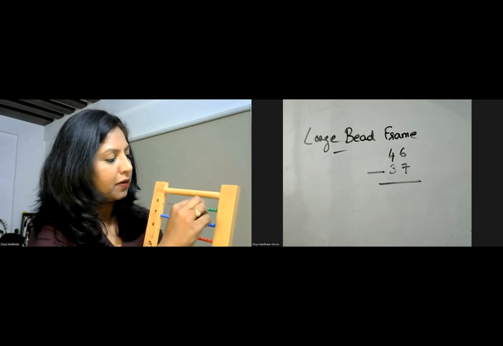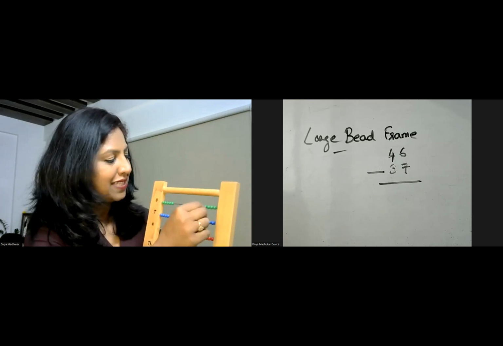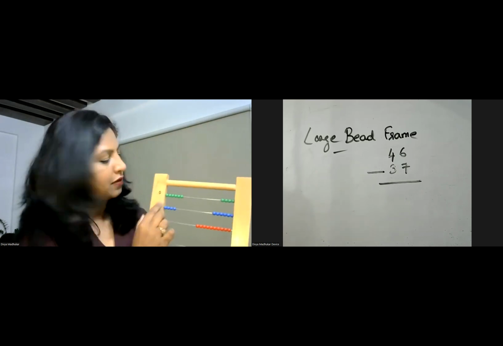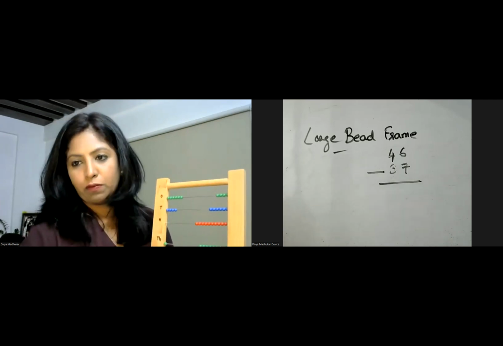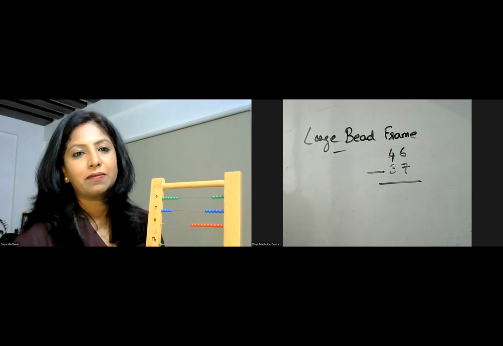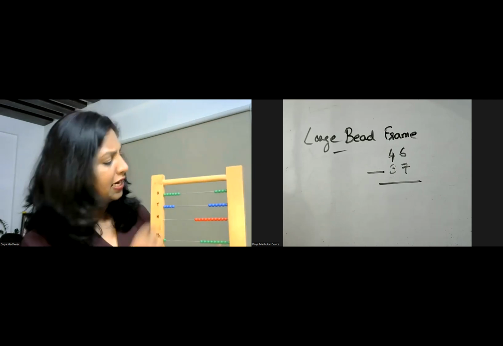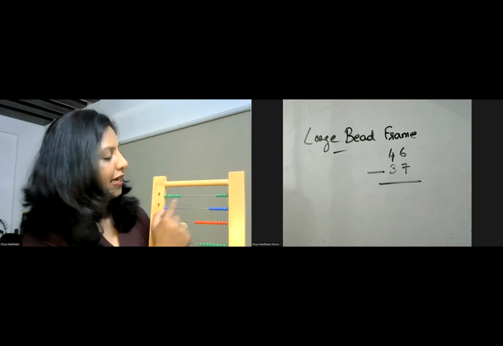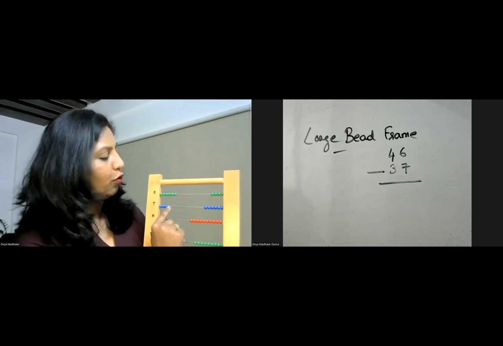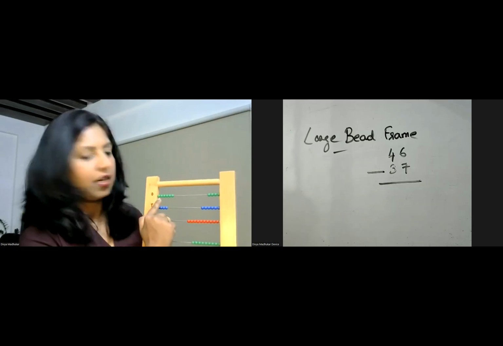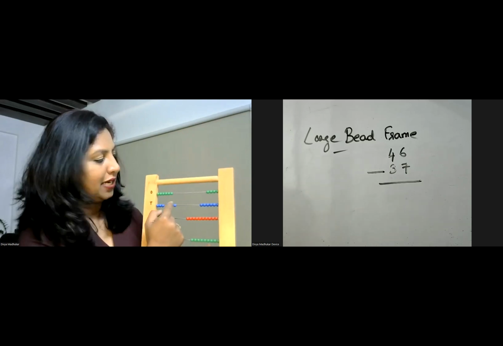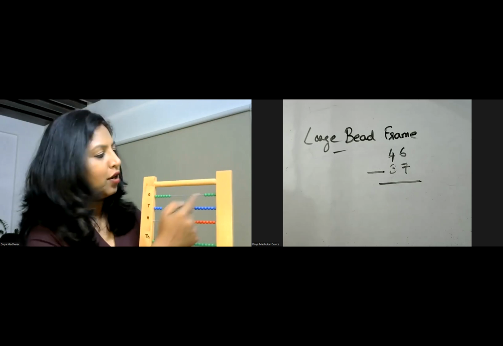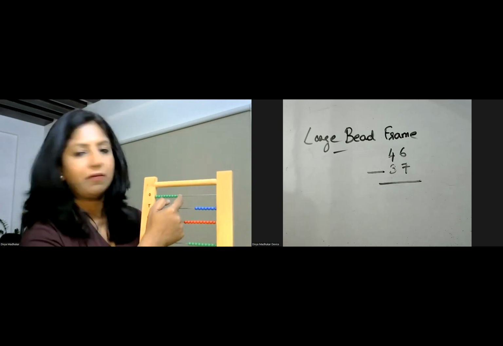Not getting it? Let me put it back. So you have your 6, correct? This is your 6. This is your 46. Now we want to take one more. What is 16 minus 7? 9. 9 would be your answer, right? So what you're going to be working over here is, since you had to borrow, you could not do this. You will have to push one this side. Only then you will be able to take back everything here.